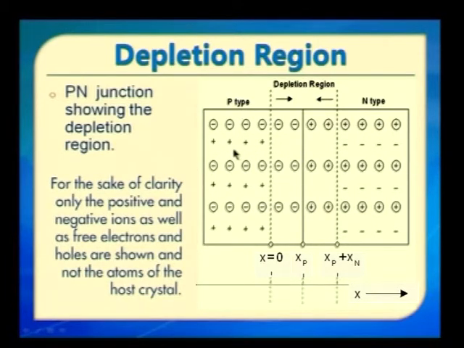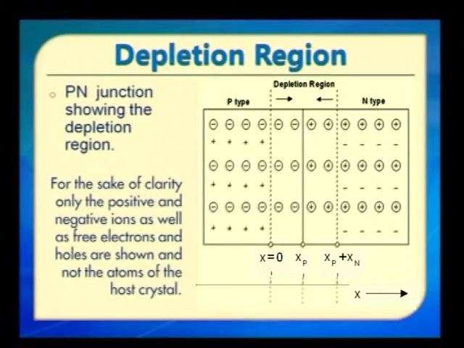Now, we have combined these two. I told you in the previous lectures, the excess carriers that you have got on the p-type. What are the excess carriers? The holes. There will be the minority carriers, electrons, which are not shown for the sake of clarity. The excess carriers will go from the p-type to n-type. Why should they go? Because of diffusion. Whenever there is